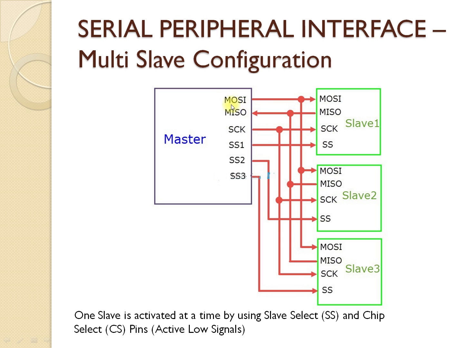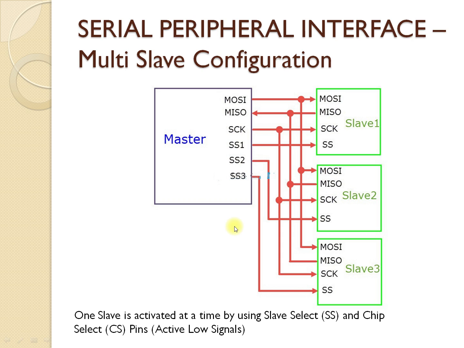This clock and the MISO, MOSI are going to be common for the master and the slave devices, but the slave select pin is going to be different in this particular configuration. The master will be having a slave select pin for each and every slave which has been connected. So the first slave will be selected with the slave select 1, and the second slave will be selected with the slave select 2, and the third, and so on.